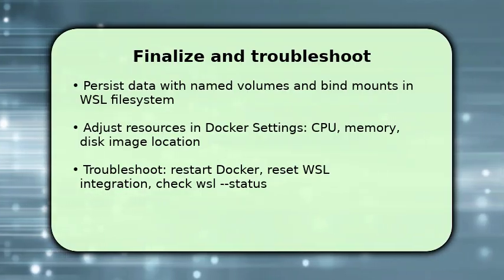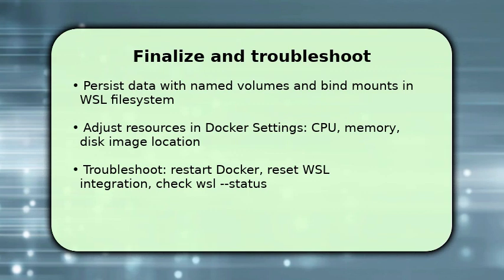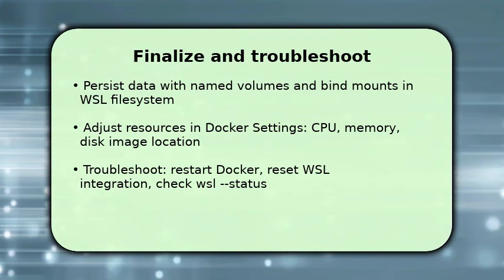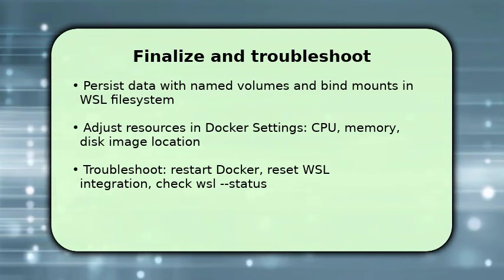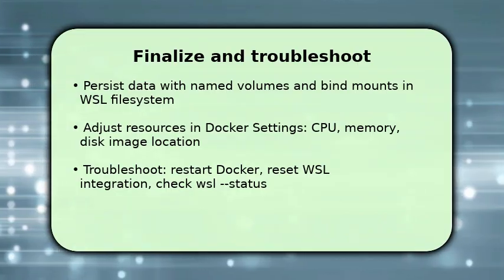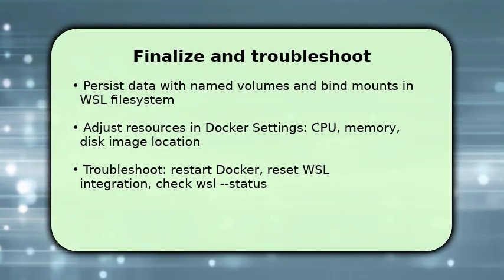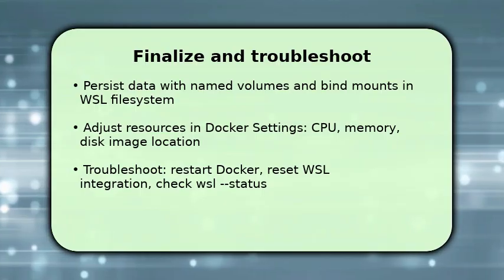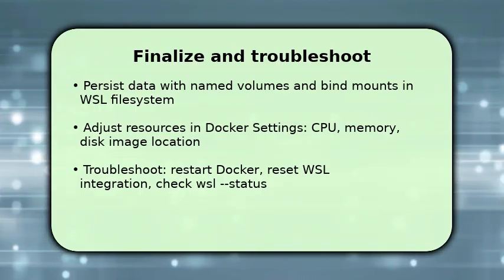If something fails, restart Docker Desktop first. If that does not help, reset WSL integration or run wsl --status and wsl --shutdown to reinitialize the subsystem. This quick restart pattern resolves most networking and